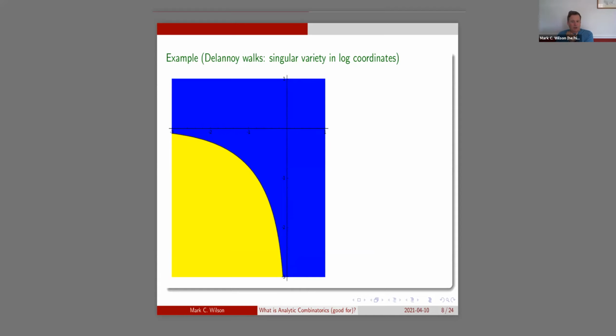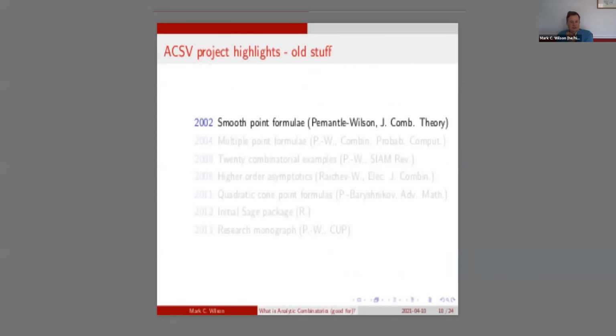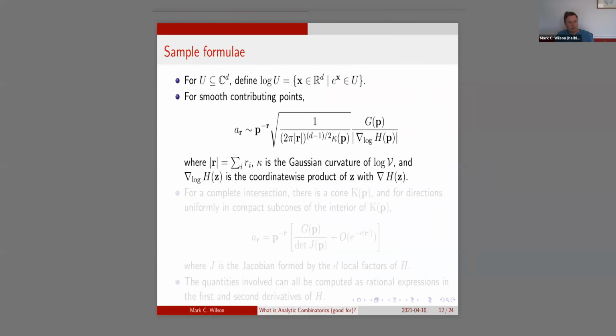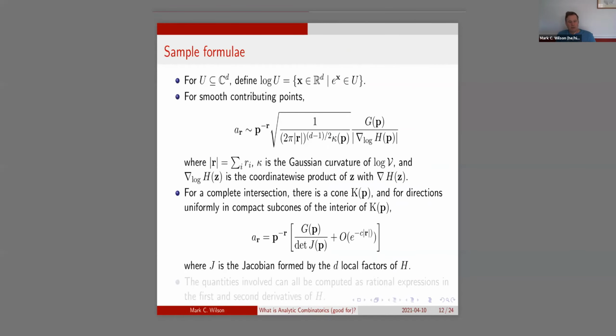You move your vector until the normal vector is actually parallel to the direction you want, and that's the point that controls everything. In the analysis at that point, everything can be expressed geometrically. So it turns out you can express the formula in terms of the exponential rate, the p to the minus r part, and